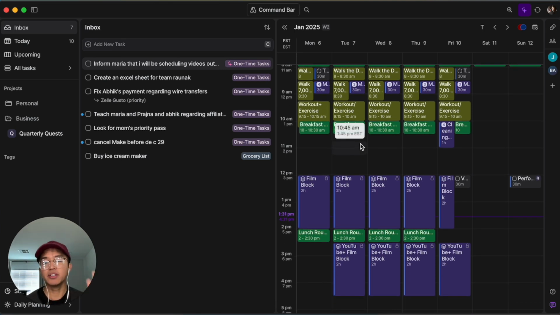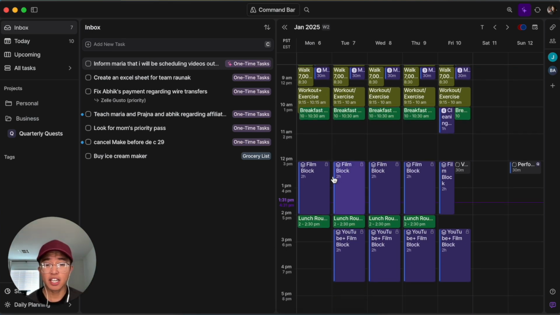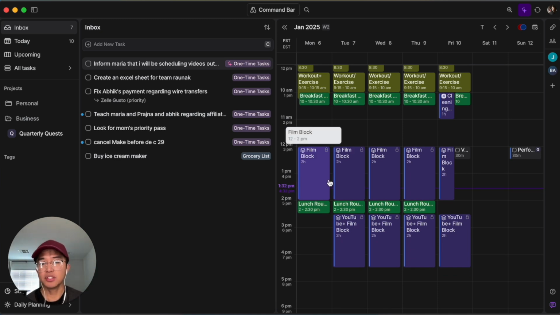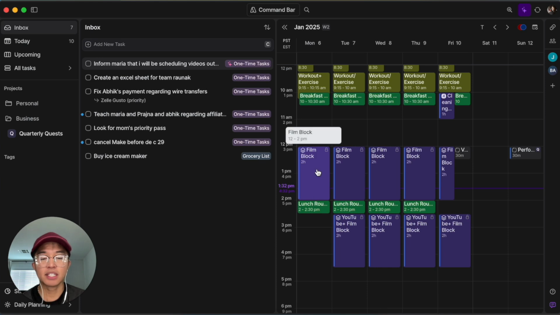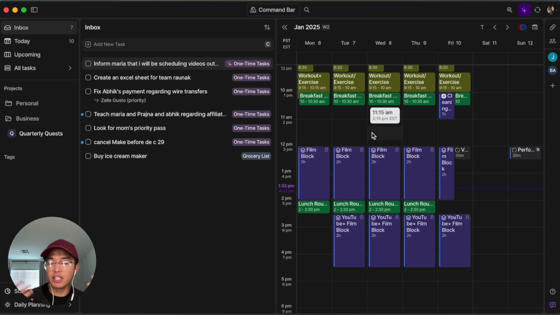Now with the ideal calendar, you can also set up recurring time blocks. So I set up a time block dedicated to filming. Maybe you want to set up a time block dedicated to sales or team management or admin work or email replies. Either way, setting up a consistent time block every single day of the week at the same time will allow you to again get into that habit of doing things effectively. For my example, because I create content on YouTube, I have the same film block at the same time every single day of the week.